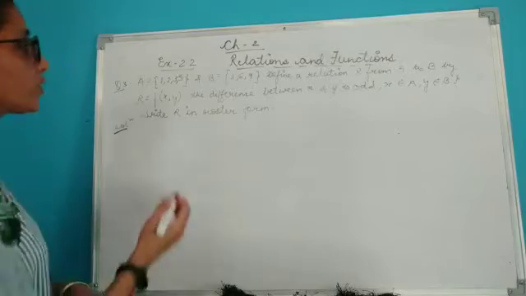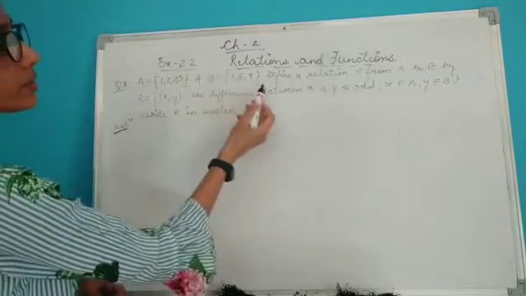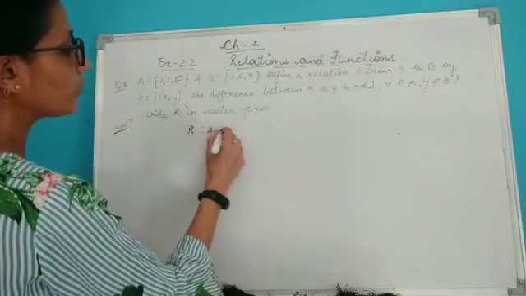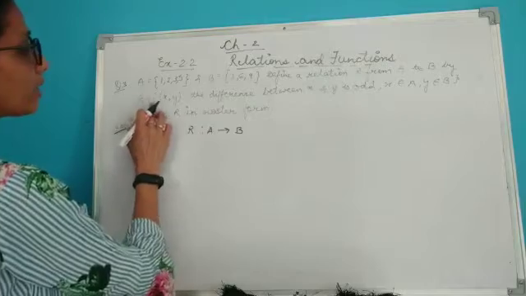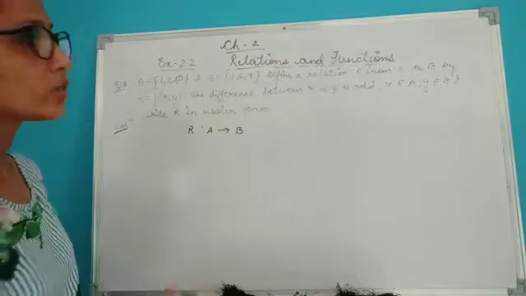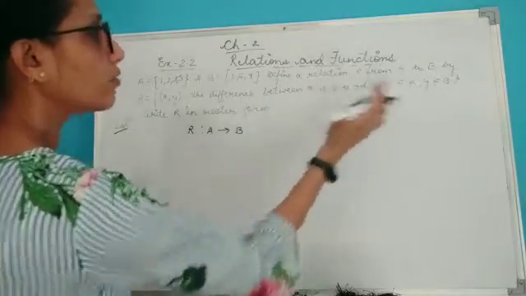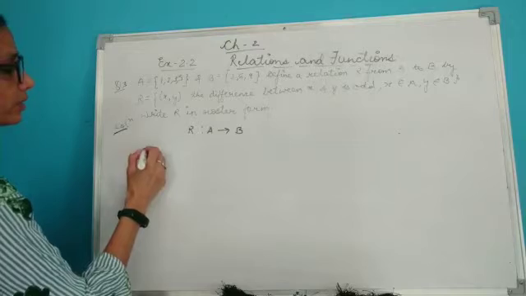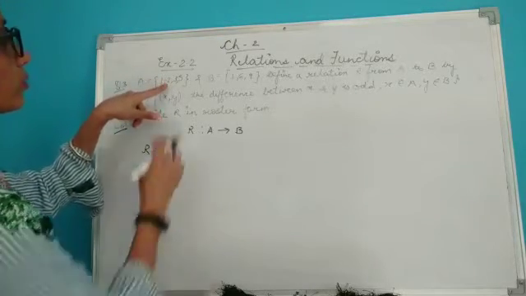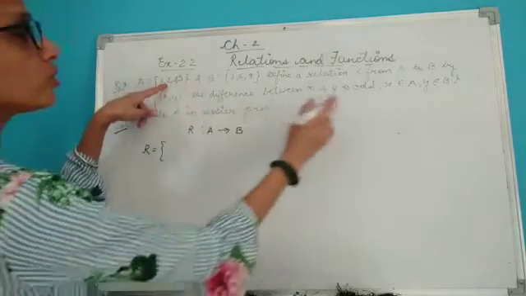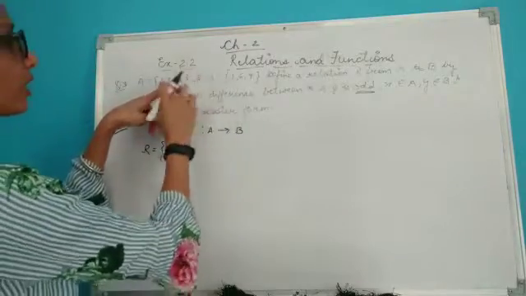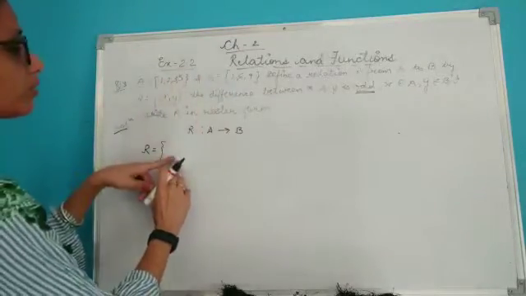Let's see this question, children. It is given A is this and B is this. Define a relation R from A to B by R equal to ordered pair x comma y, where the difference between x and y is odd, where x belongs to A and y belongs to B. So let us write the relation in ordered form. Here A is given to you as 1, 2, 3, 4. So you need to find out odd numbers. If the difference of A and B comes out to be an odd number, then we will be including it.